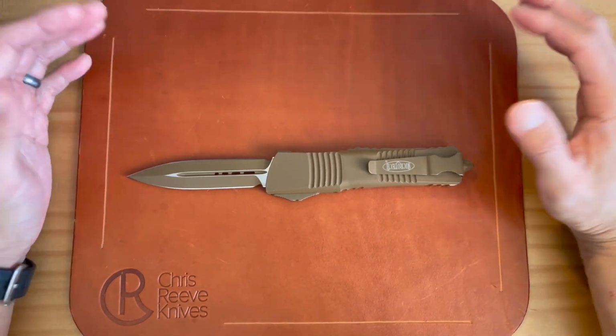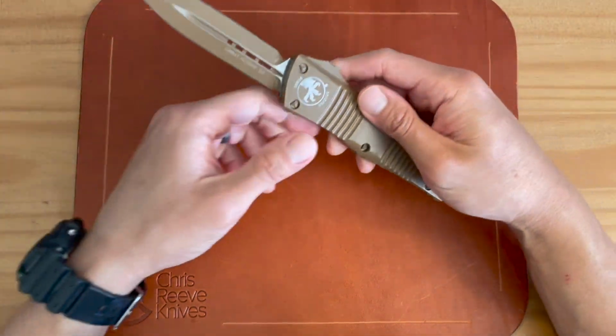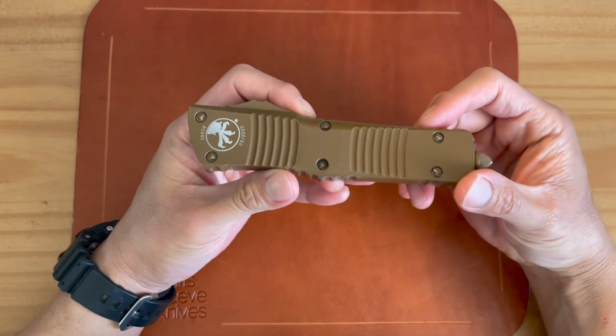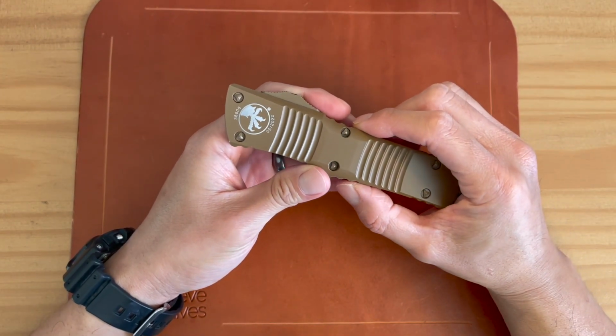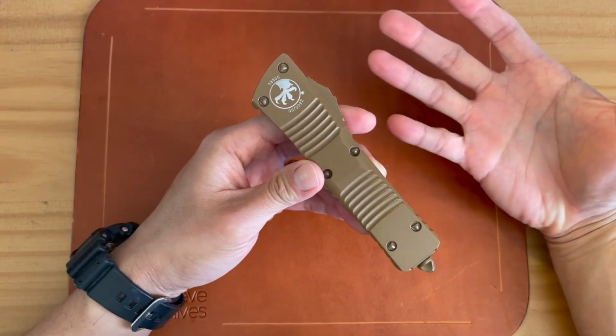Anyways, with that being said, I feel like over time the OTF has established itself in a certain niche in the knife community, right? You have this imagery, and even Microtech, in their marketing and their branding, kind of